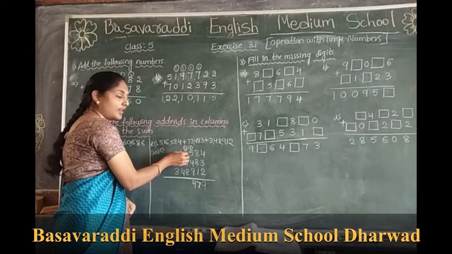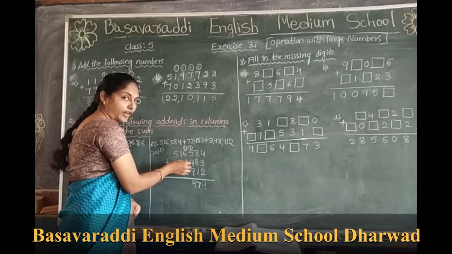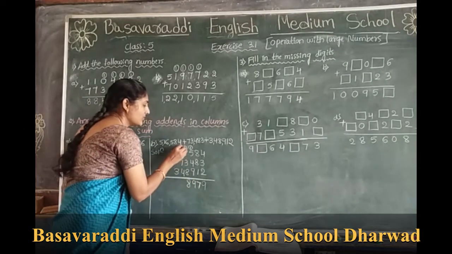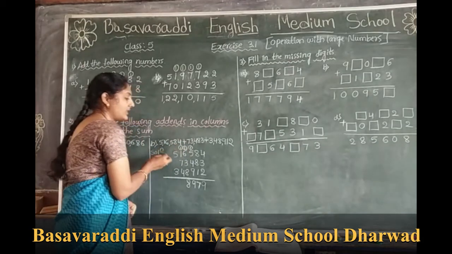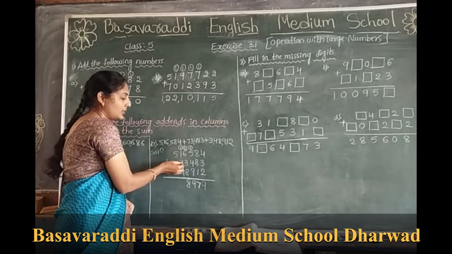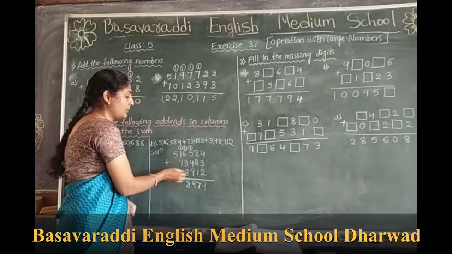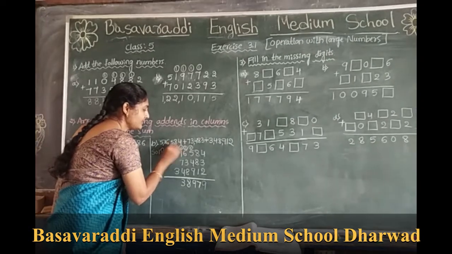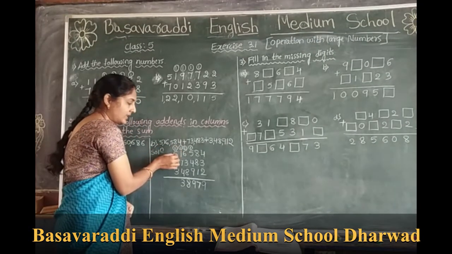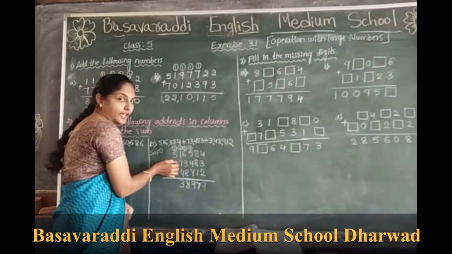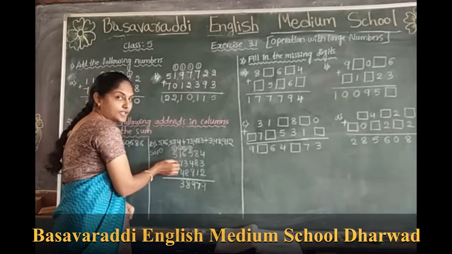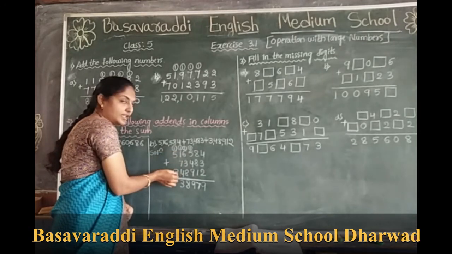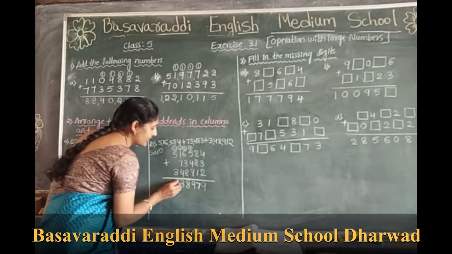1 plus 6 is 7. 7 plus 3 is 10. 10 plus 8 is 18. So 8 in the thousands place. 1 carry over to the 10,000s place. 1 plus 1, 2. 2 plus 7 is 9. 9 plus 4 is 13. 13 there. 1 plus 5 is 6. There is no number in the second addend. So think yourself, there is a 0. 1 plus 5 is 6. 6 plus 3 is 9.